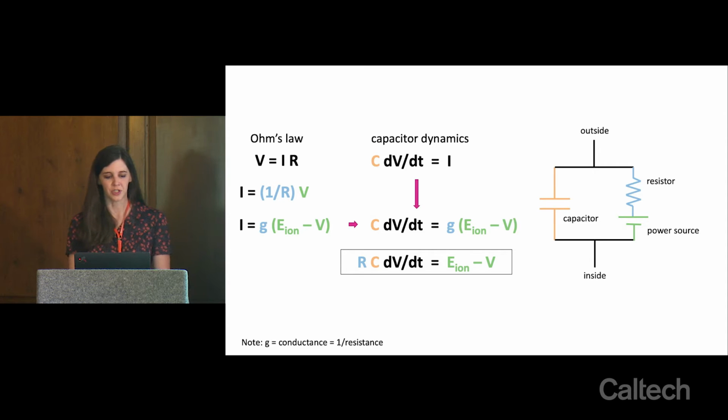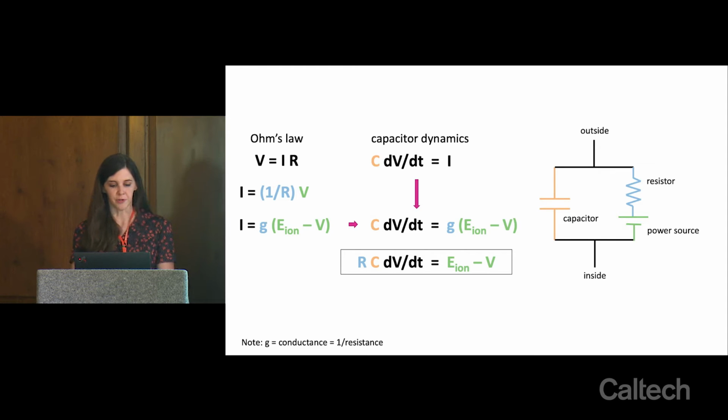So if we take this equation for the current induced by a particular ion and its differential concentration across the cell membrane, and we plug this into the capacitor dynamics, we get something that looks like this. This is just plugging in for I, this term that we derived over here. And now we have the capacitance, and the change in membrane potential across the cell is a function of the conductance of the cell and the difference between the cell's membrane potential and the Nernst potential of our particular ion.